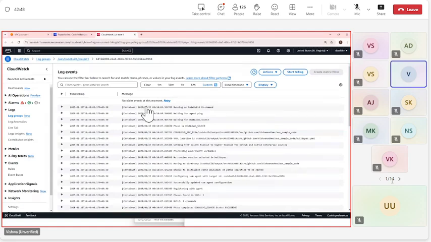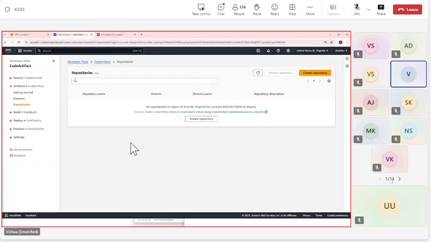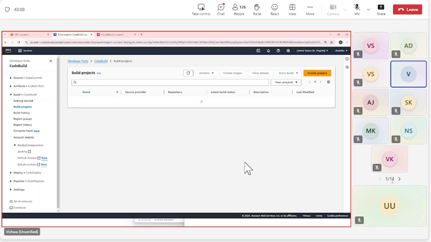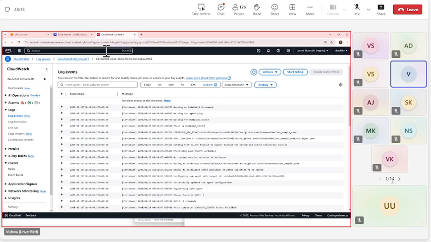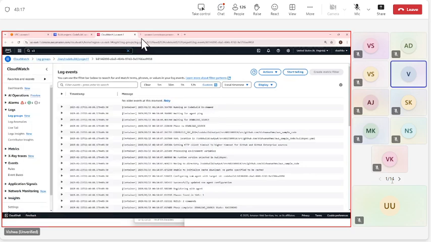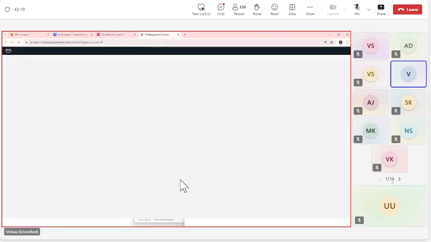Okay, this is the CloudWatch logs. This is what I was trying to say. If you see the fifth component of the life cycle of DevOps, this is the CloudWatch logs. Every log is going to sit there. Whatever happens, it's not about the application logs. I'm talking about the logs coming through this build project. Now, I would also like to show you my artifact, which actually went through the S3 bucket. Let me see if something has been added there.